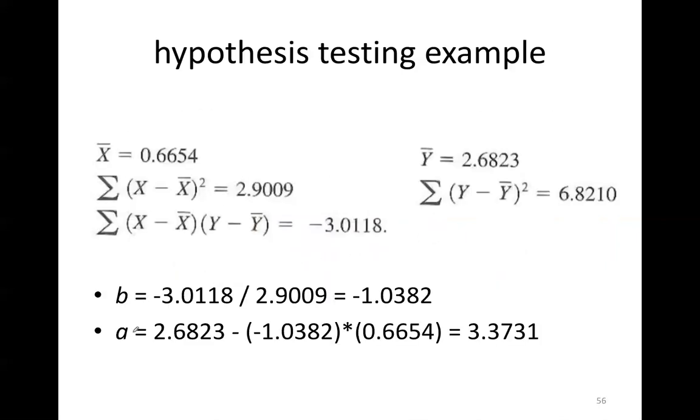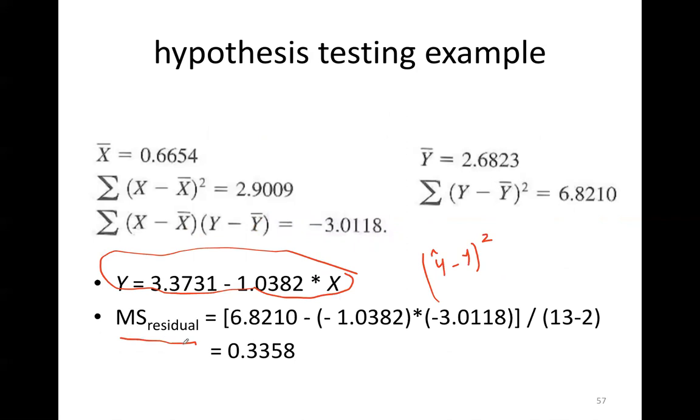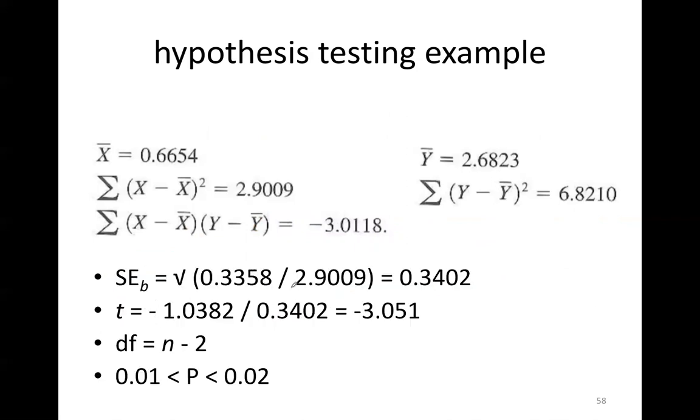We get the residual mean squares, and if we divide that by the x sum of squares and take the square root, we have our standard error of the slope, and the t statistic would be the slope minus the hypothesized beta, but that's 0, right? The slope estimate divided by the standard error, and we get a t statistic of